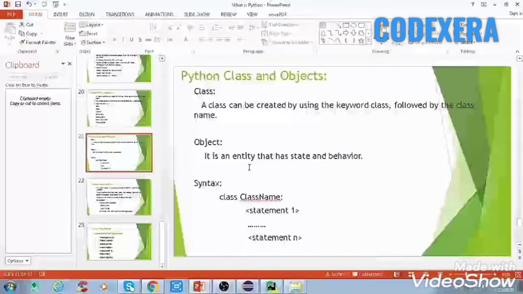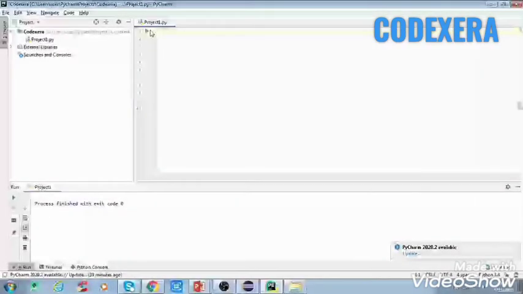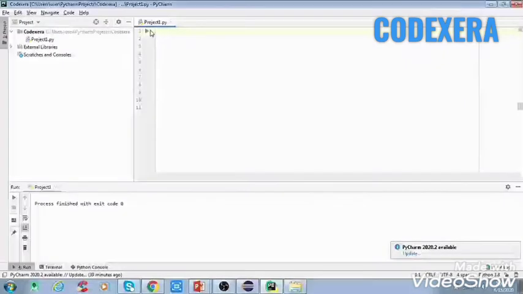When we define a class, we need to create an object to allocate the memory. I will show you one example with the help of PyCharm, to see how to create a class and an object in Python.